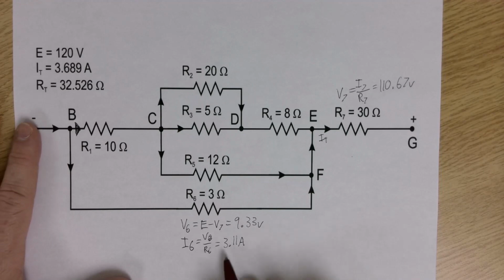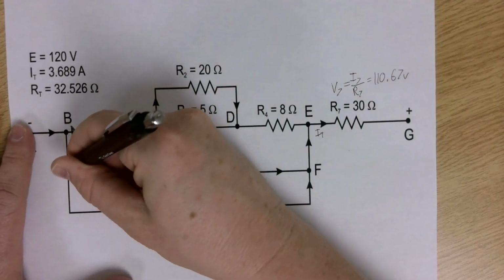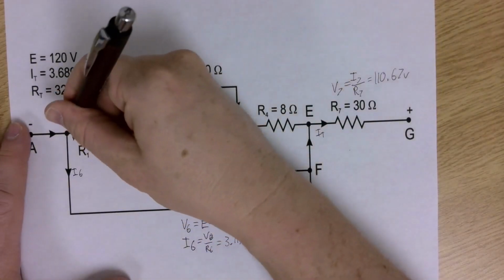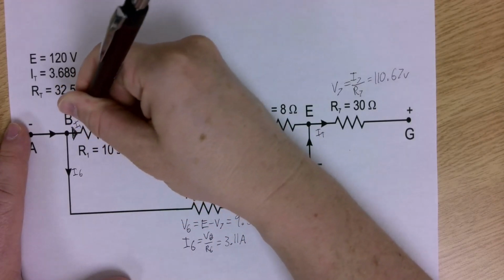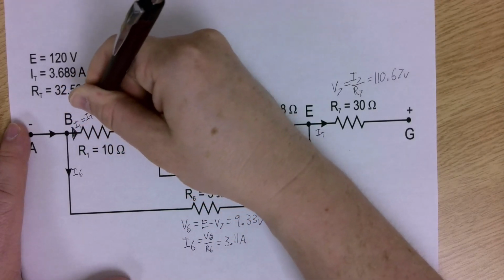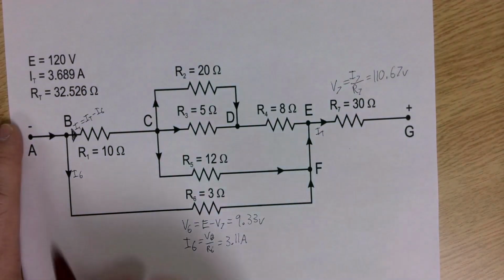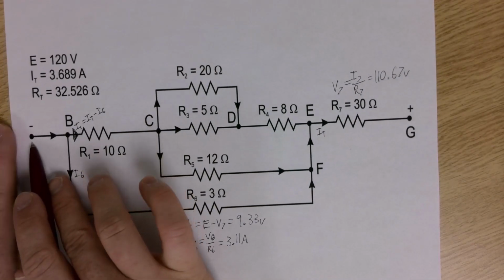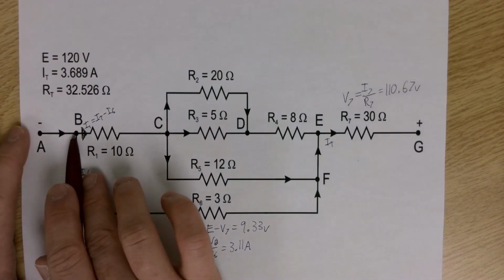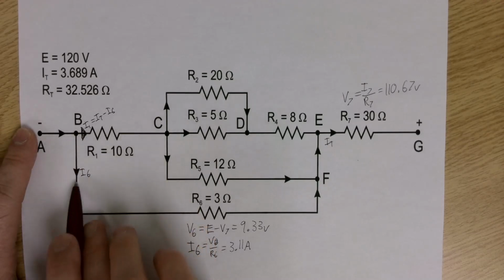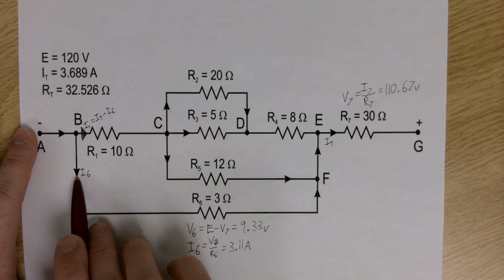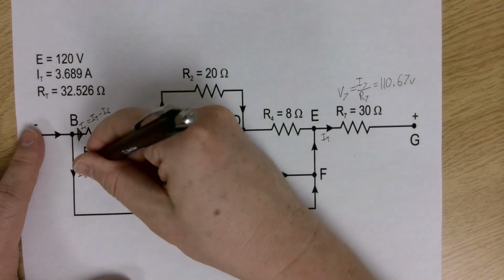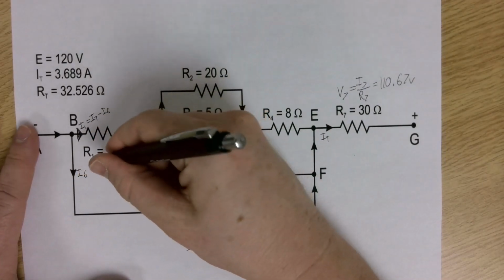So with that said, I know I have 3.11 amps right here, because this is I6. So this is I1, which is going to be equal to I total minus I6. Thanks to my beloved current arrows, I know that the total current comes in here. This is coming from my source. And so with my total current coming in here, it hits this node, it's going to go this way, and it's going to go this way. Well, I know how much is coming down here, and I know how much is here, so I know how much is going to go through here. So my I1 is going to be equal to